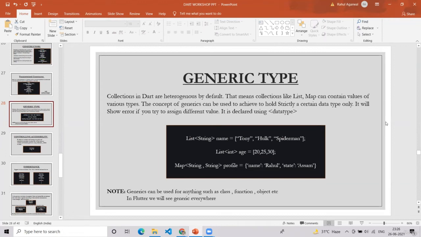Now we will discuss the next topic, which is what are generic types. Collections in Dart are heterogeneous by default. That means collections like list and map can contain values of different types. Just for example,